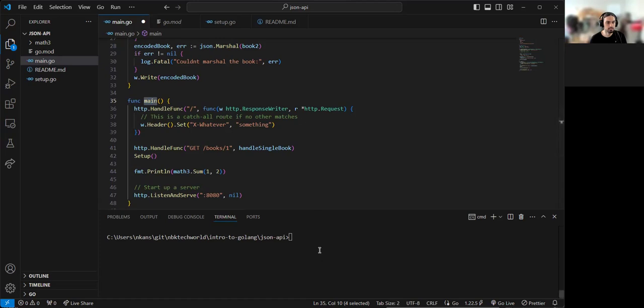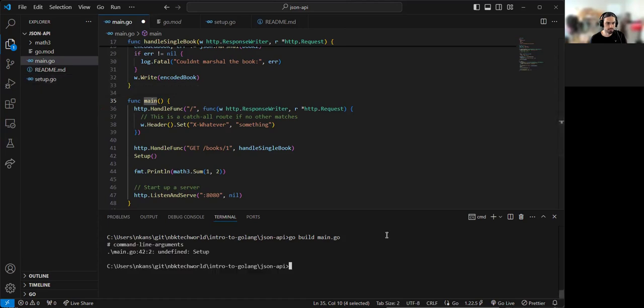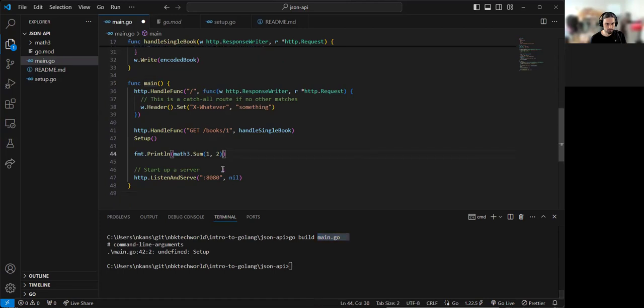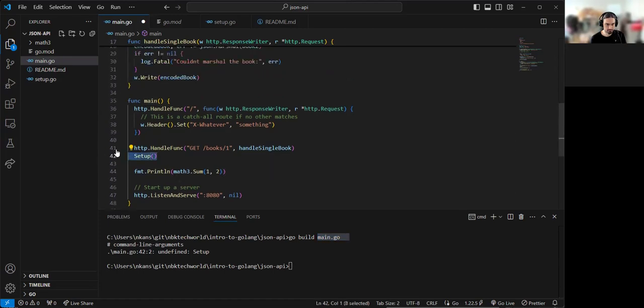And we saw that we can run it in two ways. We can just do go build and specify the files, which end in the extension go. So if I say main.go, that's going to compile that into an executable file. And I think this one is dependent on setup as well. Let me see. Yeah. If I just do main.go, it's not going to work because I'm referencing this setup function